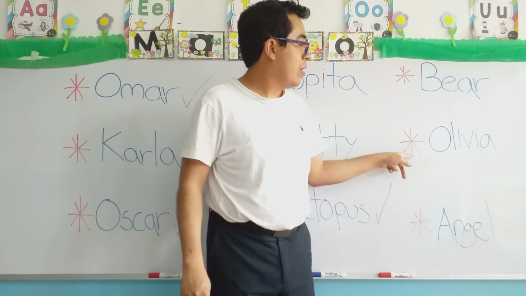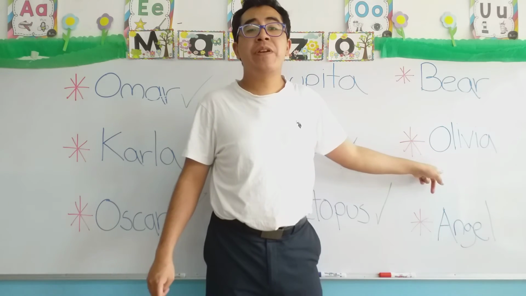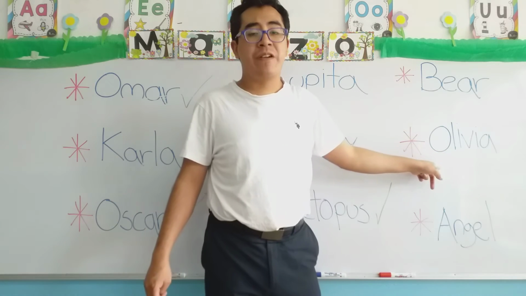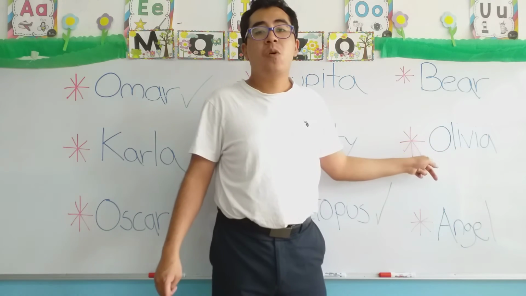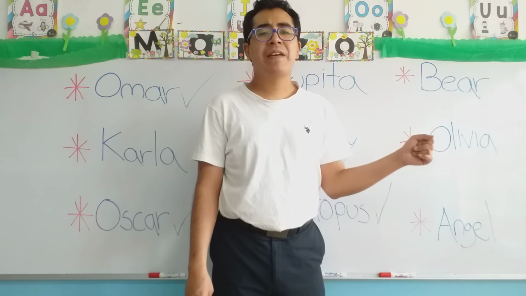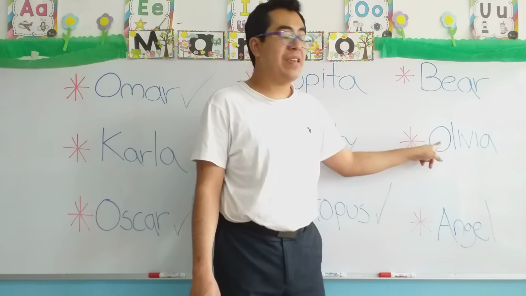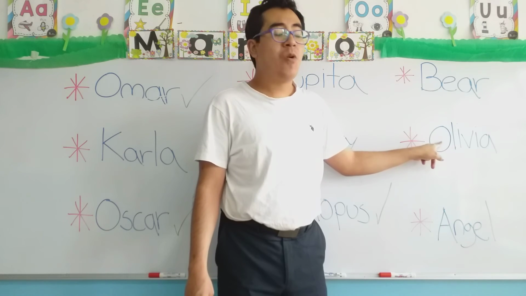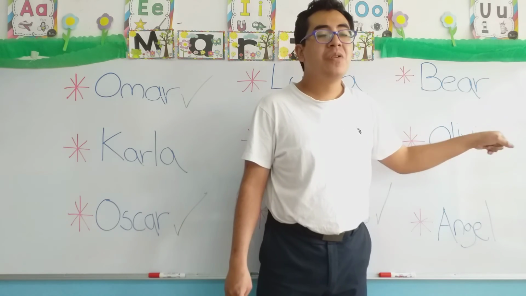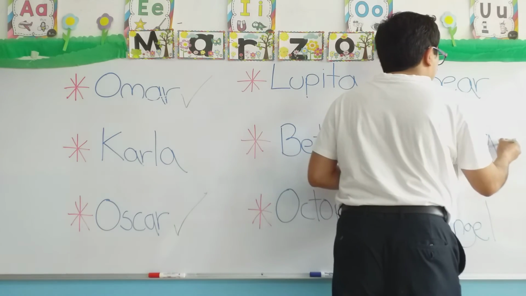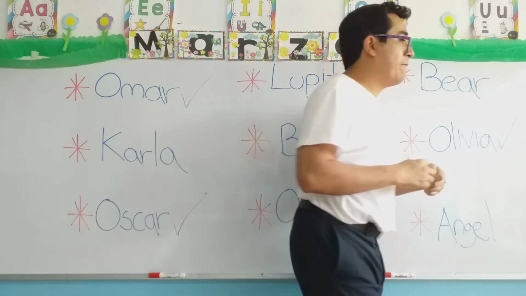Let's continue with Olivia, another name of a person. Olivia, the name of a girl, nombre de niña. Olivia, does it have capital O? Yes, it's right here. Capital O for Olivia. So we mark it. And finally,